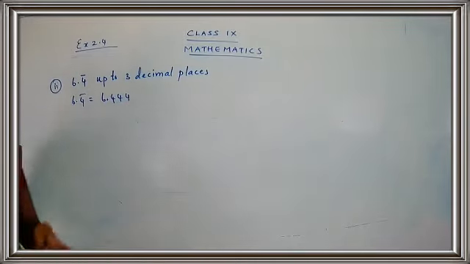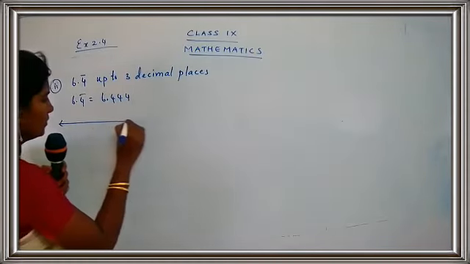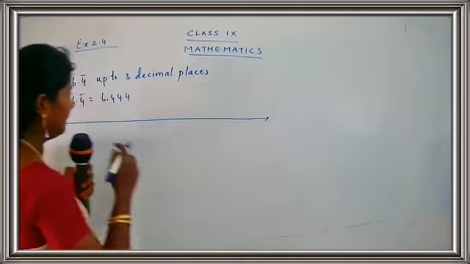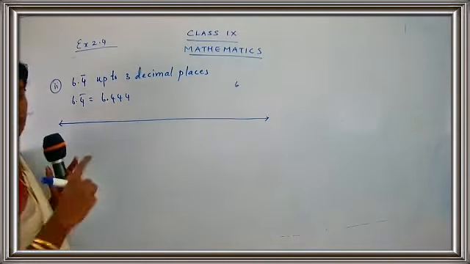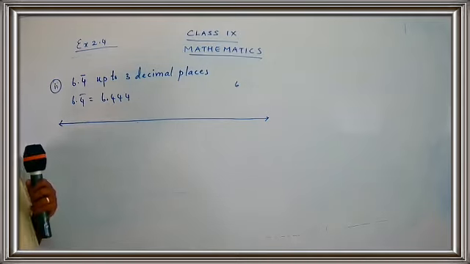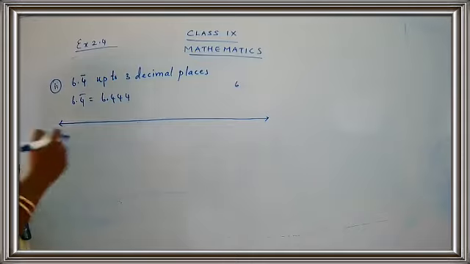Here. Okay, let's start with the sum. Come on. The first thing is you're going to draw a number line. You have to do the sums along with me. Come on, children. Draw a number line. Okay, done. Let me take the first number. What is the first number? It's 6. So what is the next number to 6? 7. So which numbers do you want on the number line? You want the numbers till 7.